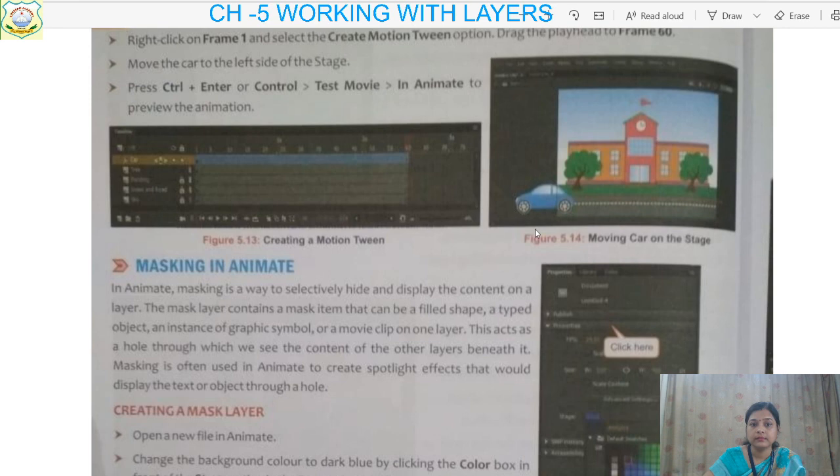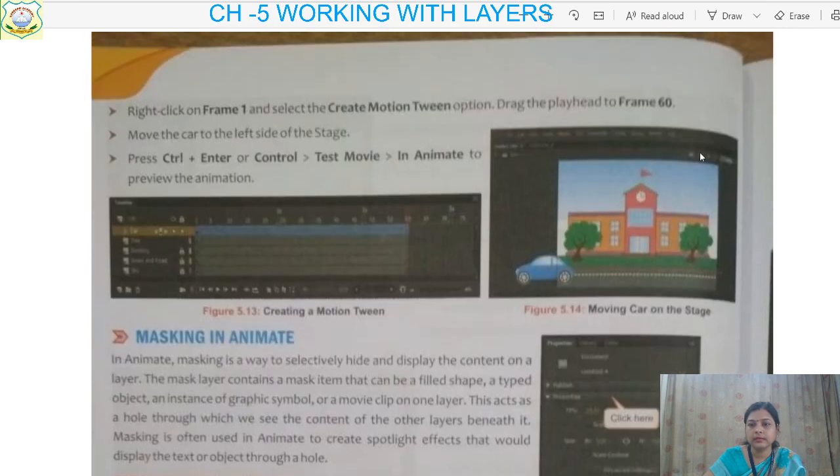And see this one. This is the scene, and a building is there, sky is there at the back, some trees are in front of it, a road is also there, and a car is moving in front of it. How will you make them move? As you move the ball, you can move this one also.